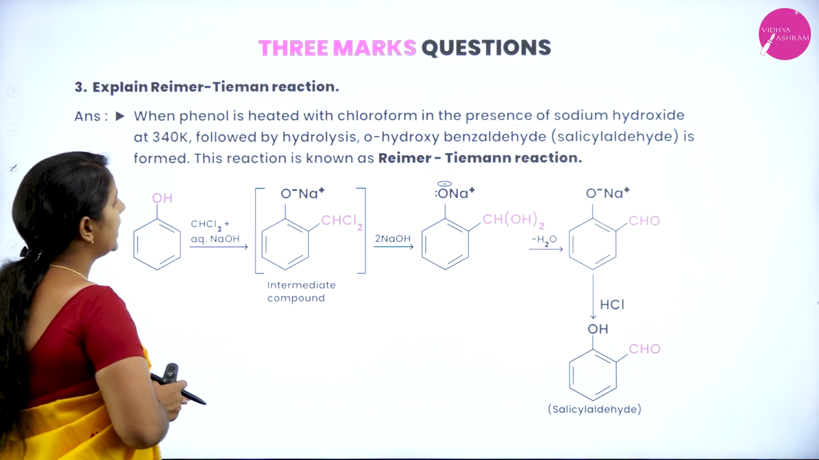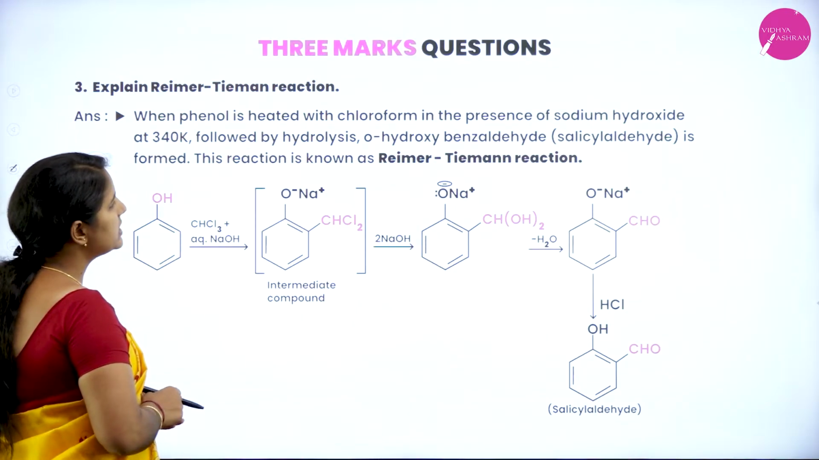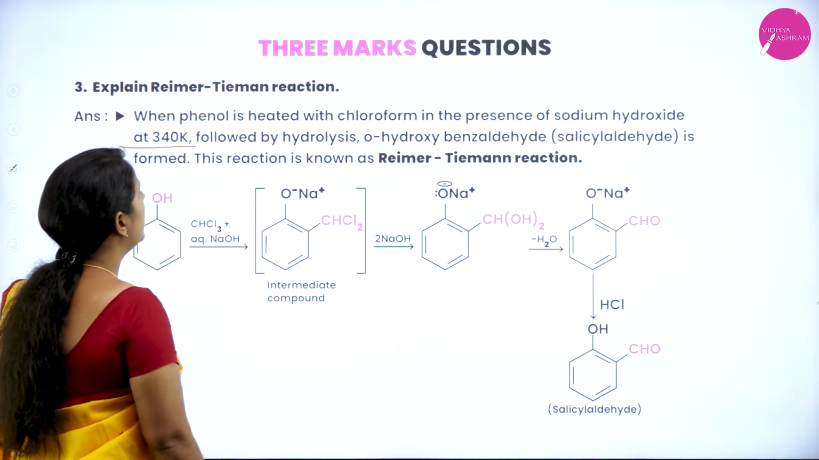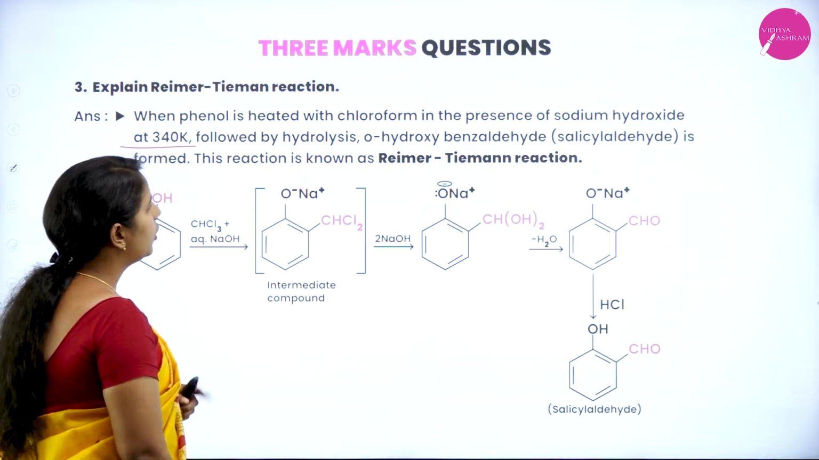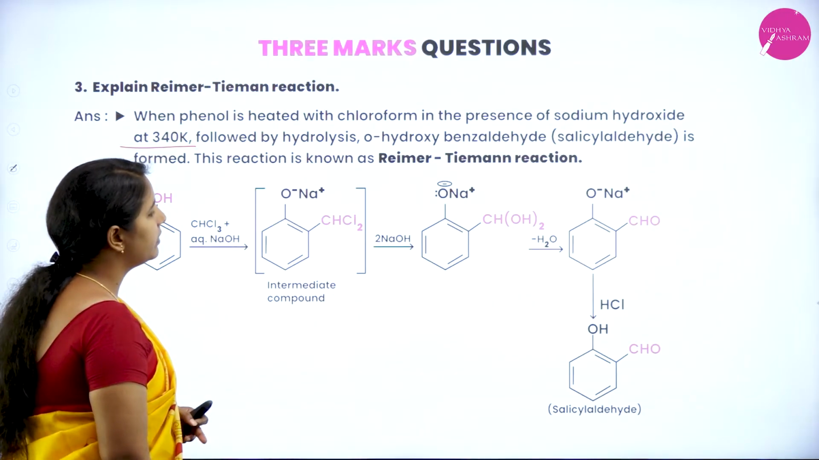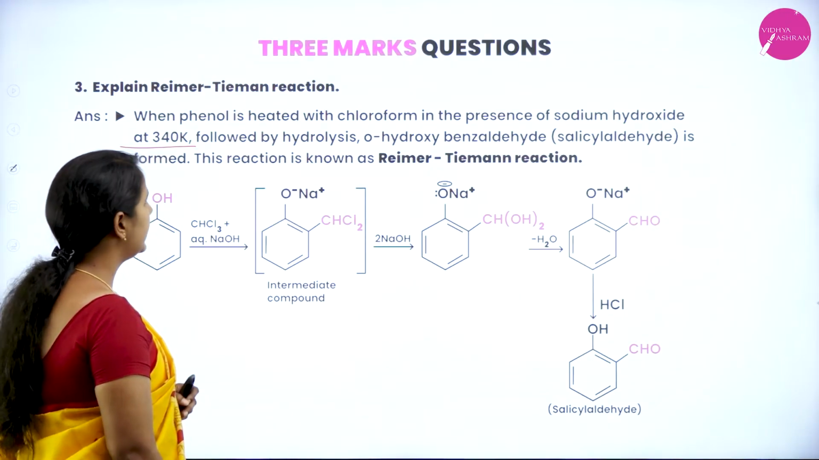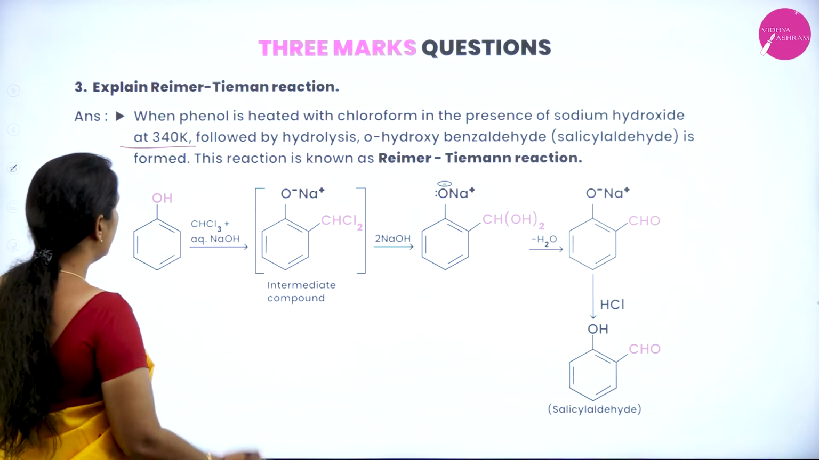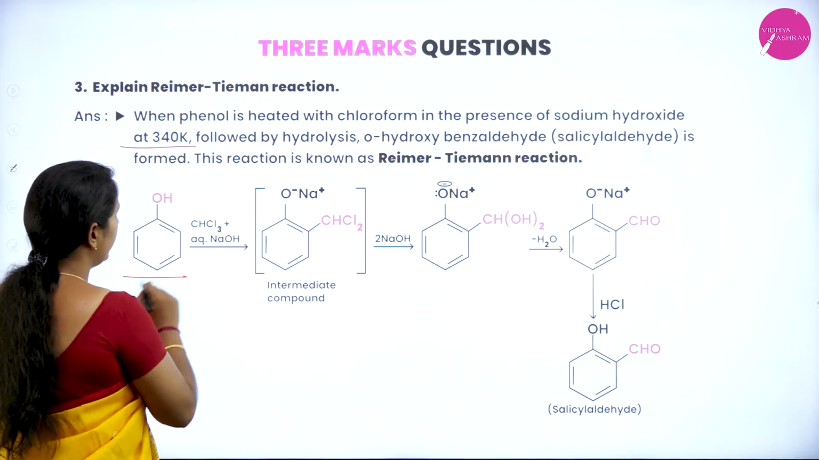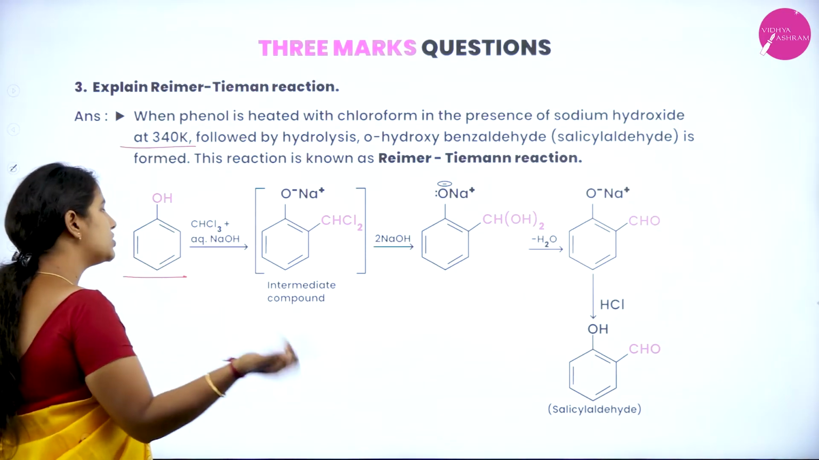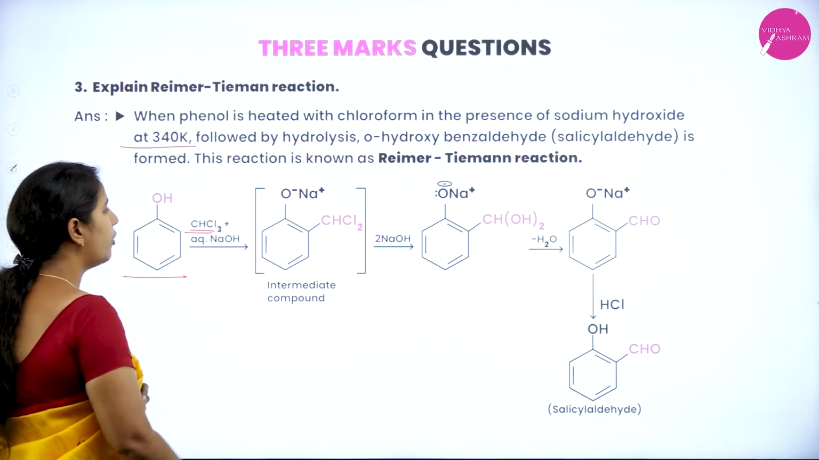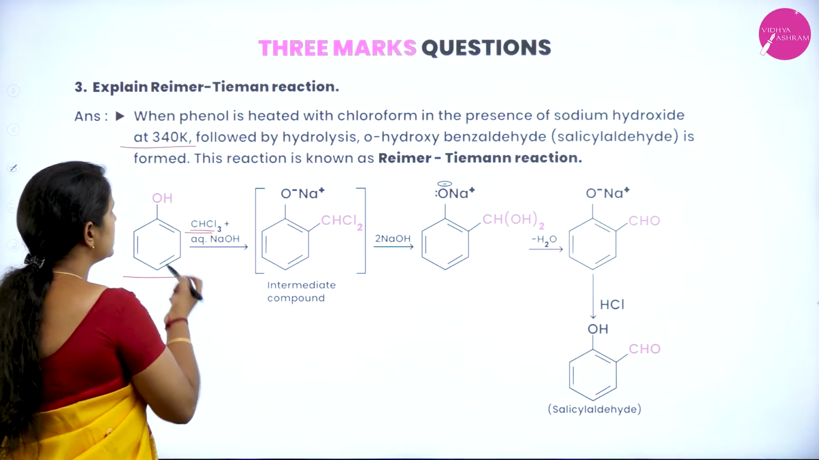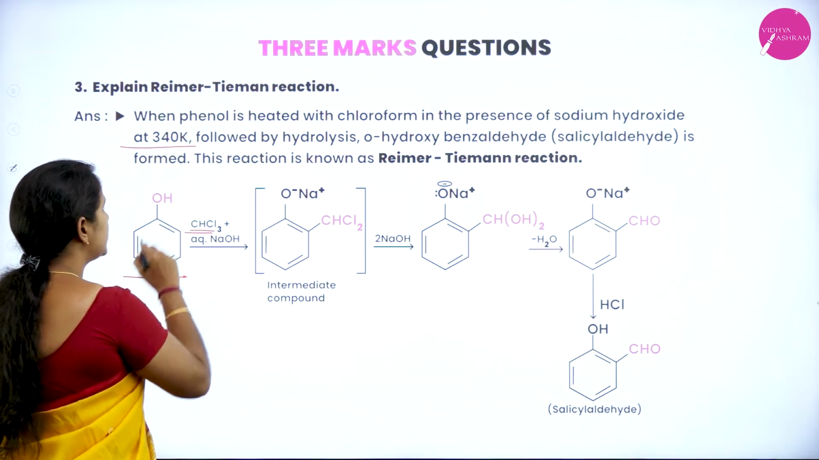When phenol is heated with chloroform in presence of sodium hydroxide at 340 Kelvin, followed by hydrolysis, ortho-hydroxybenzaldehyde will be formed, which is nothing but salicylaldehyde, and this reaction is said to be the Reimer-Tiemann reaction. Again, what are we taking? We are taking phenol, which is allowed to react with a very strong base, and we are taking chloroform with that. So you can see that the chloroform goes and attacks the ortho position,